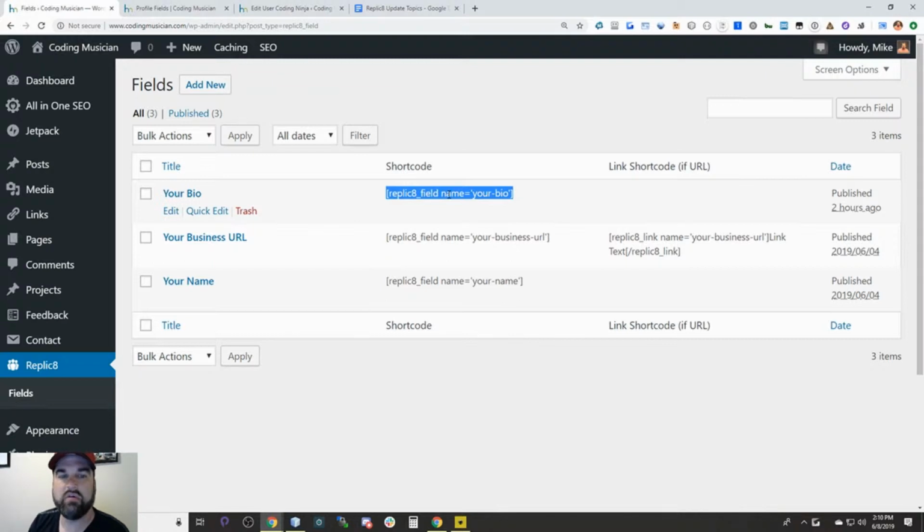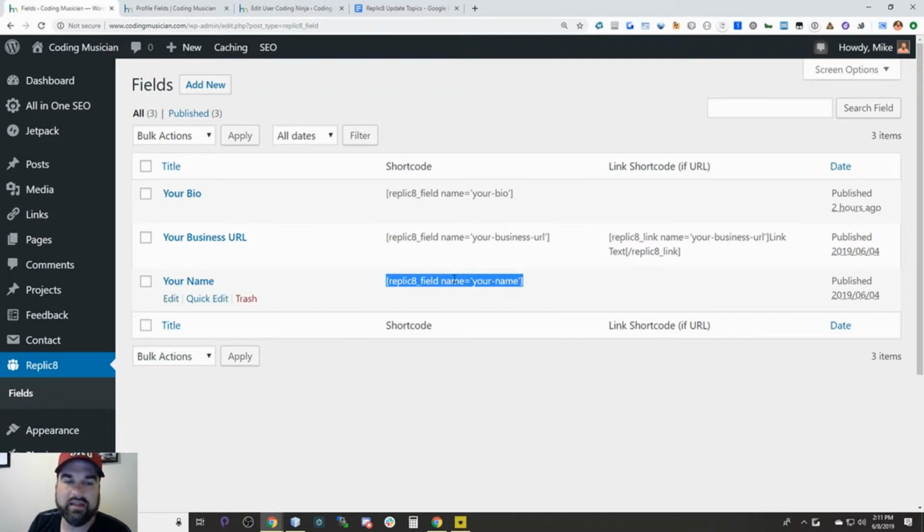So now, instead of an ID number, I'm using the name, which in WordPress is a post name or a slug, you can call it that. But it's based off of the title of your field. Basically, it's all lowercase, puts hyphens instead of spaces, and then it gets rid of odd text like quotes and stuff like that. So I did this so it would be more memorable for you, for the website owner, I should say. So you can go in and